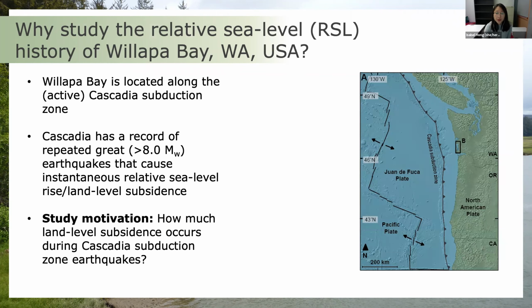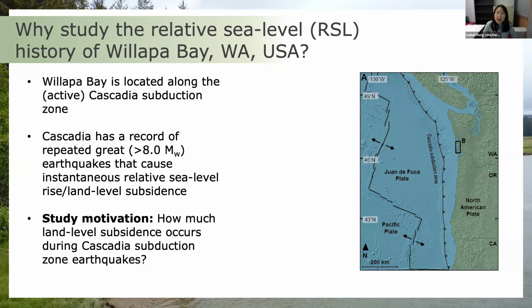And so this brings me to talking about my study area and why there's interest in understanding the relative sea level history of Willapa Bay. Historical and instrumental observations are often insufficient in understanding past relative sea level, because tide gauges and historical observations haven't been around long enough for us to really understand what that long-term record of sea level history can look like. This can also be further problematic in areas where tectonic processes can be a primary driver of local sea level. One such place is Willapa Bay, which is located along the active Cascadia subduction zone.